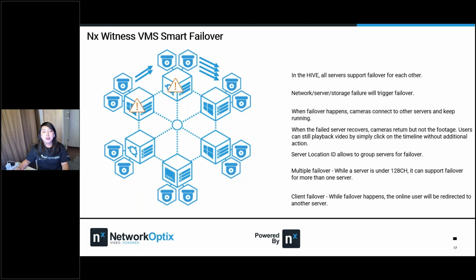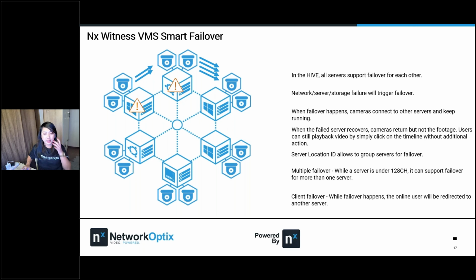Okay. So now this is the Nx Witness VMS Smart Failover, and I will explain to you how it works. Right here, you can see I have a total of 6 servers. This is server 1, let's say server 2, 3, 4, 5, and 6. Each server has 2 cameras connected.